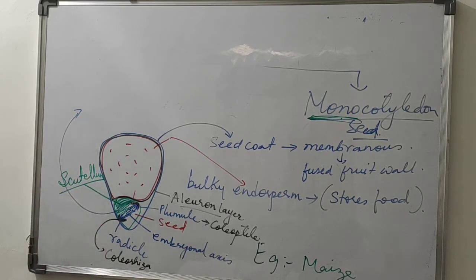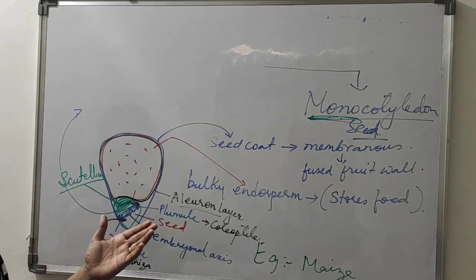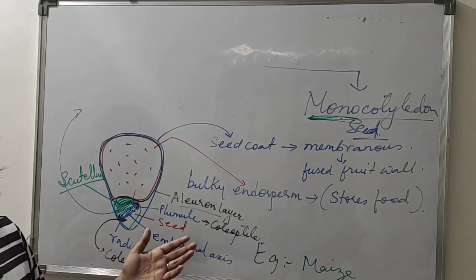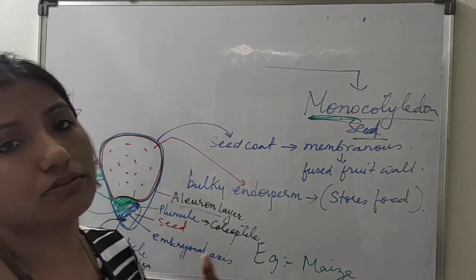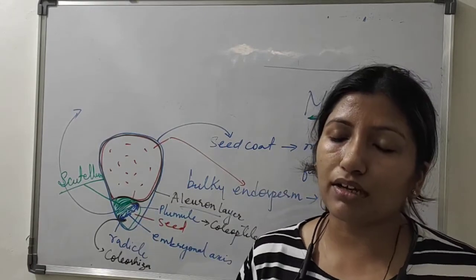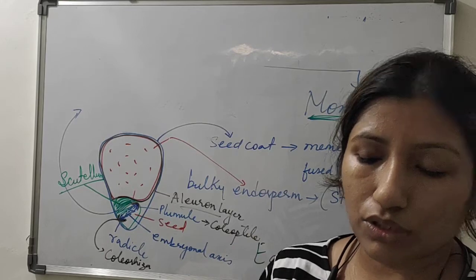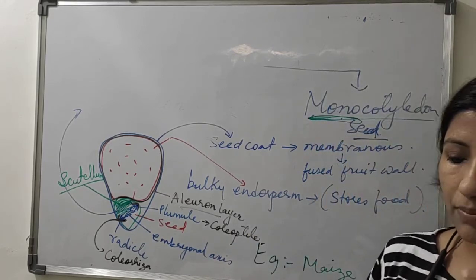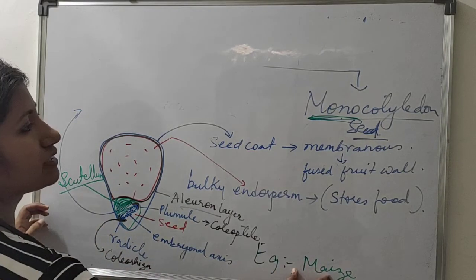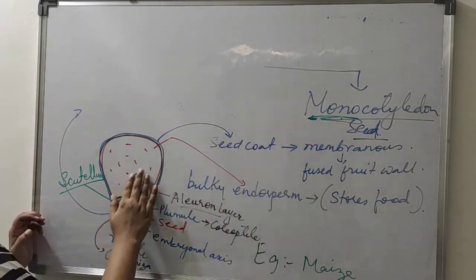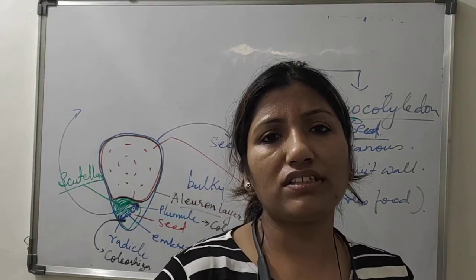You can refer to this diagram along with your textbook diagram 5.19. If you understand this diagram better, very good. If you understand your textbook diagram better, very good. Both are fine, the point is you need to understand. So, in the case of maize, which is a monocot seed, it has endosperm. The seed which has endosperm. How is endosperm